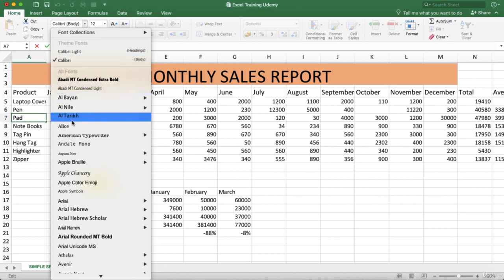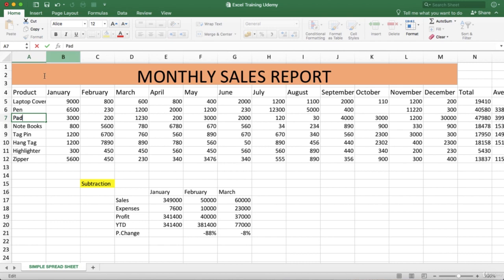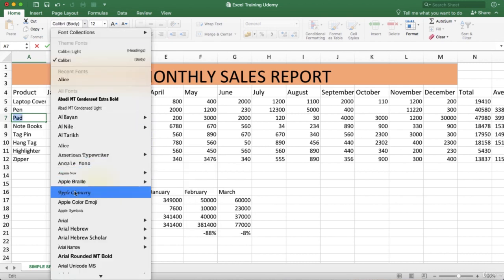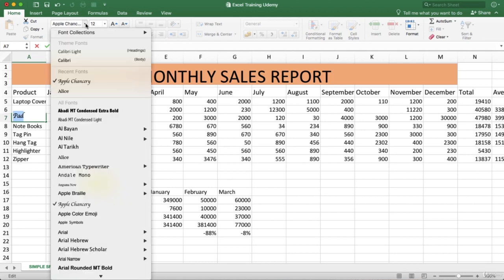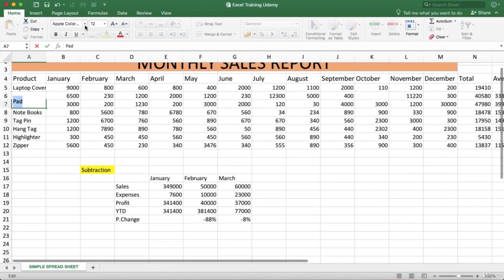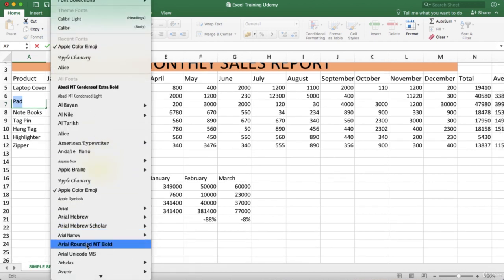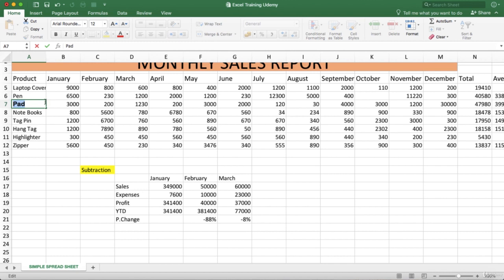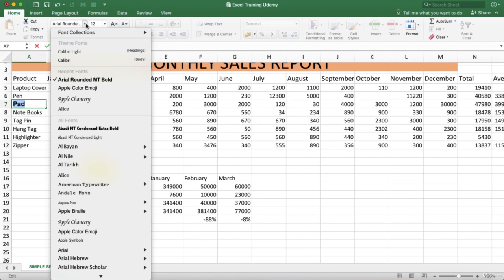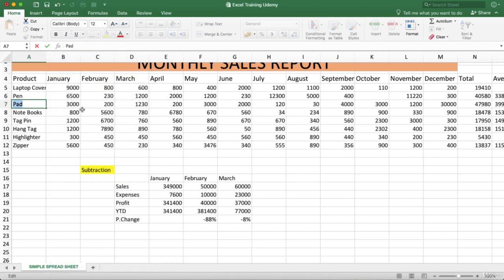So if you want to change the font, just click here, and then you can change the font to different fonts like these. Different names of the fonts are here. So you can change the font by clicking in any cells and any sentences or any words, and you can go back to the previous font. After that, if you want to change the size of the